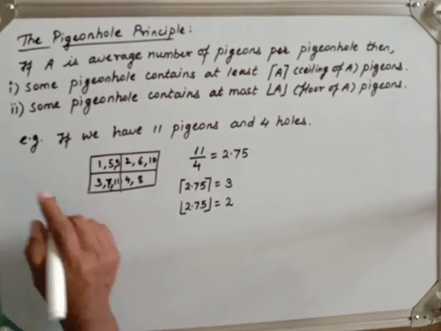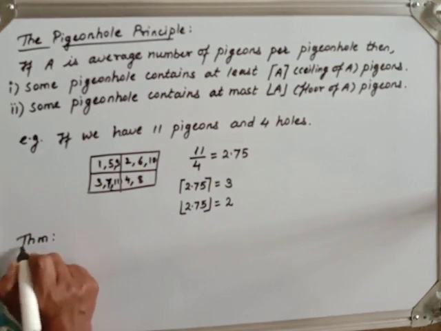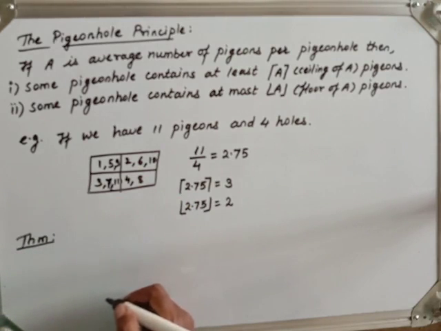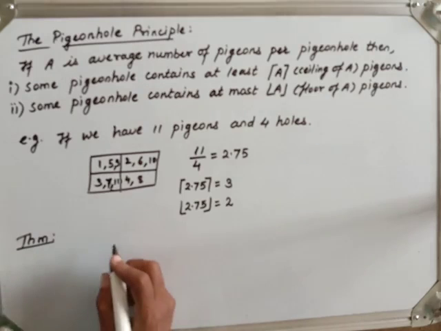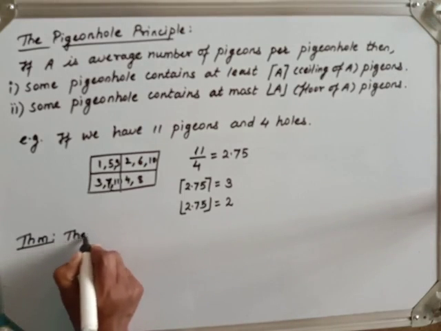Now let us see a very important theorem. Let me give the statement of the theorem. We don't need the proof of it; we have to use it while solving the examples. So the theorem says: